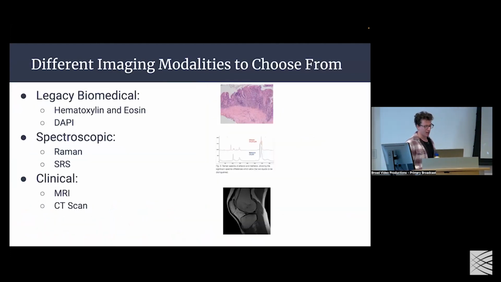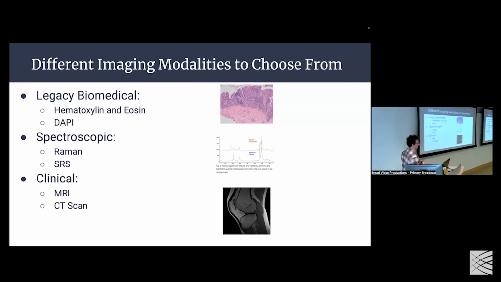And with that being said, this sets the stage for, okay, we'd like to go from images to omics. We have this very broad goal. And we have to think, what kind of images should we work with? Again, as I said before, there are pretty much these three families that we're interested in. Legacy biomedical, things like H&E, things like DAPI; spectroscopic, Raman, that's fancy stuff, SRS, that's fancy, PIR, that's fancy; and clinical data, which again is a real wish list type thing because that's probably the hardest to learn from, but it's a nice thing to keep in mind.